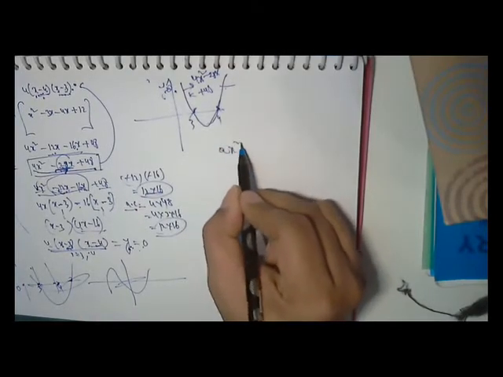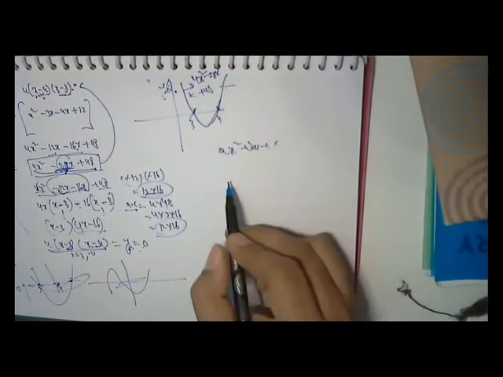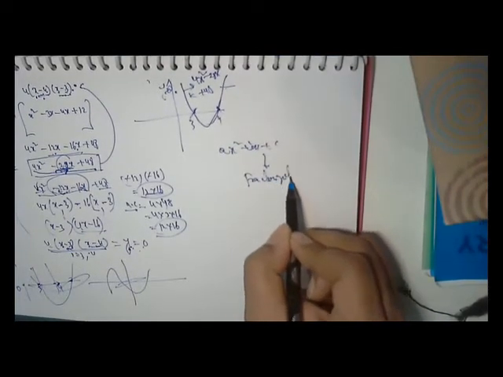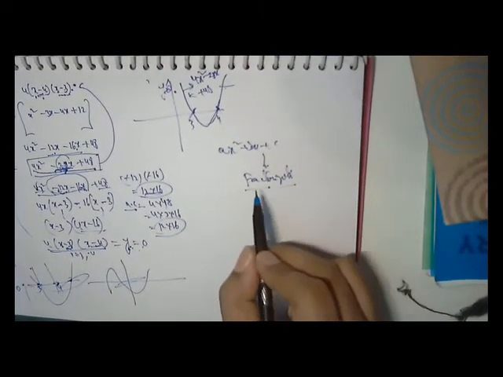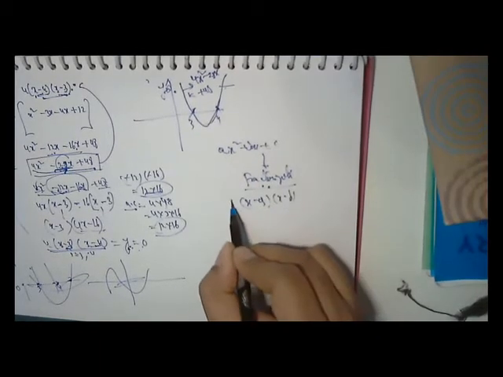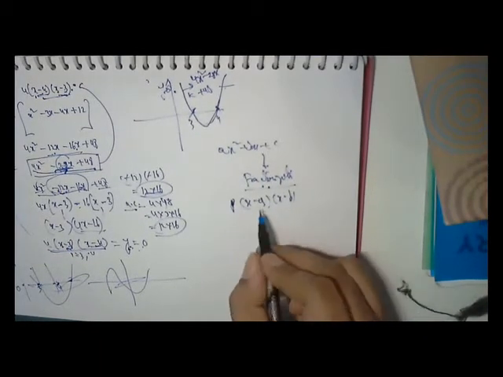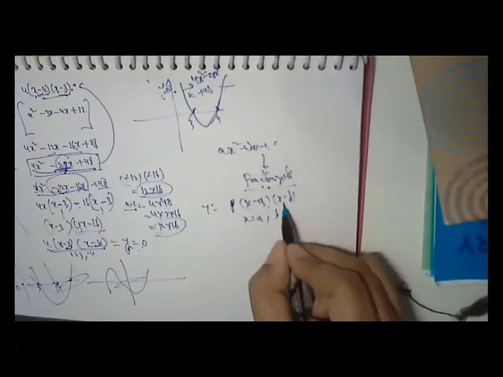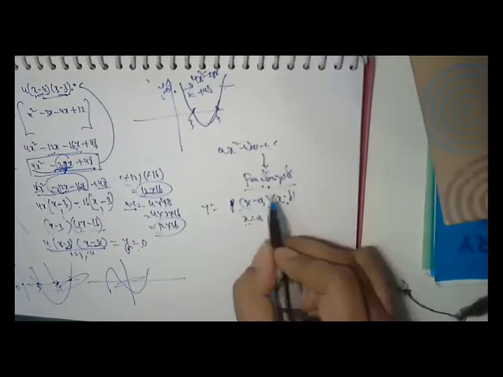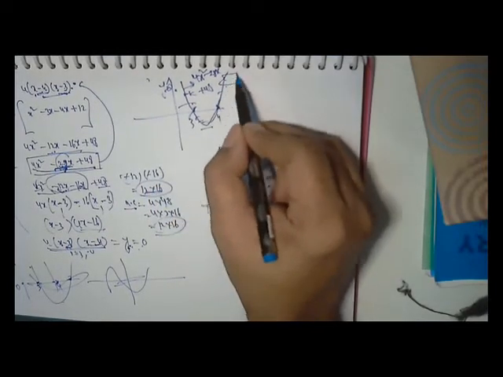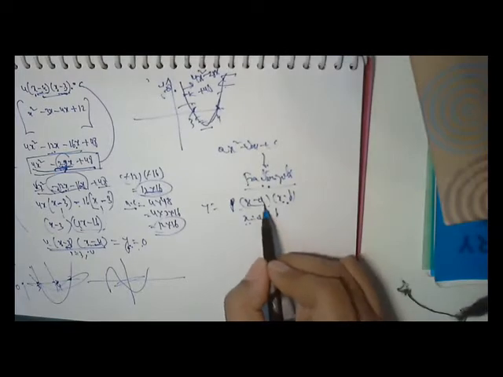So when you have to split ax square plus bx plus c, we have to find out the factorization. Why do we have to do factorization? We have to do factorization to get zeros of the equation. Suppose it is p into x minus a into x minus b. So when x is a, this is 0. When x is b, this is also 0. Other values, it is not 0. Y is somewhere plus, minus, plus. So at these 2 points, it is 0.